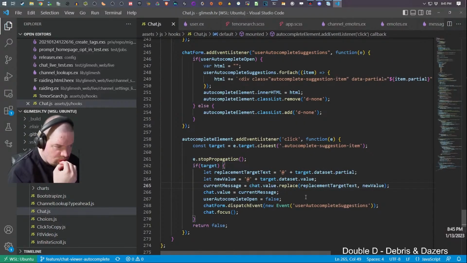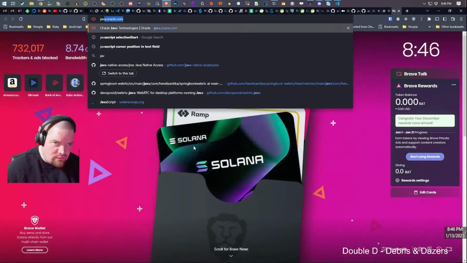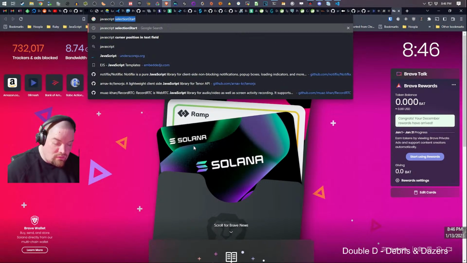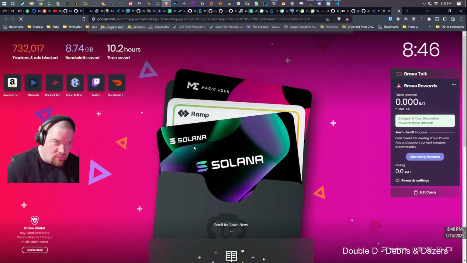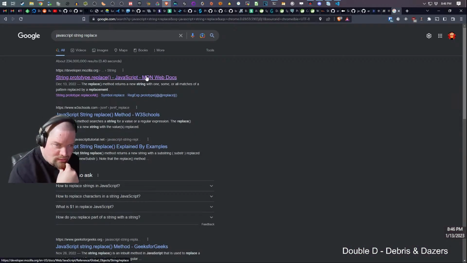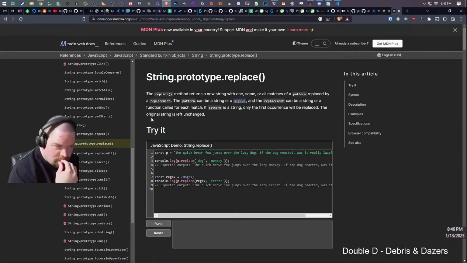So chat value replace. I would want it to be... let me see. We have JavaScript string replace. I think it's got a position on it.